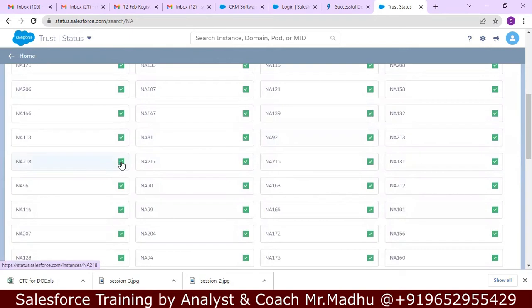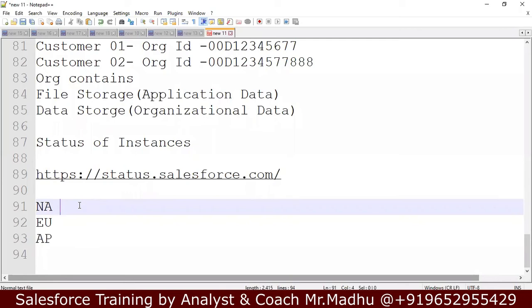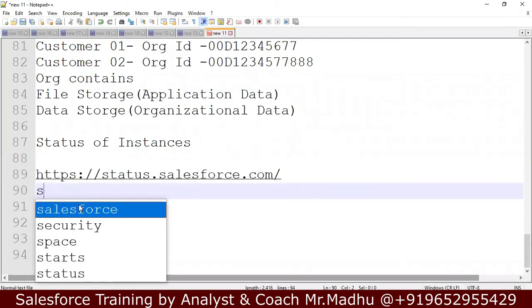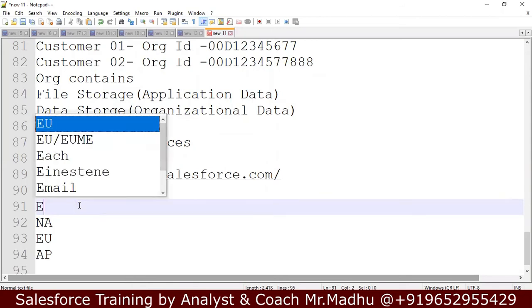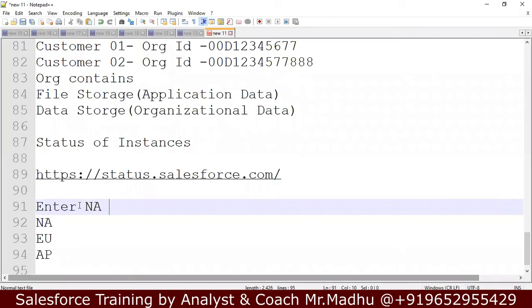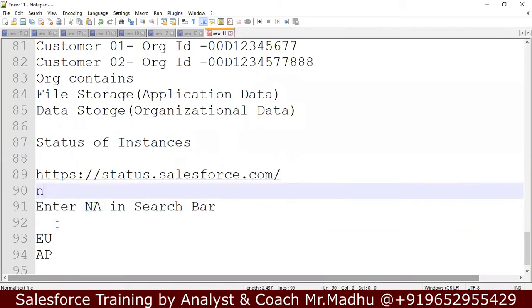Now, the total number of servers in the North America region. Enter NA in the search bar. We are checking the NA region. How many servers are available?